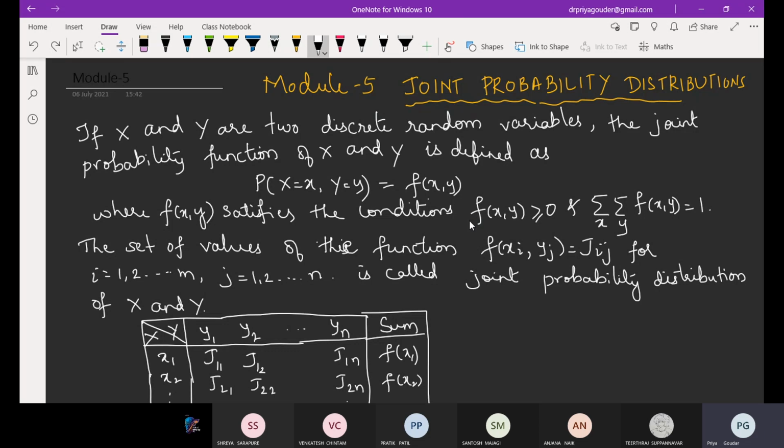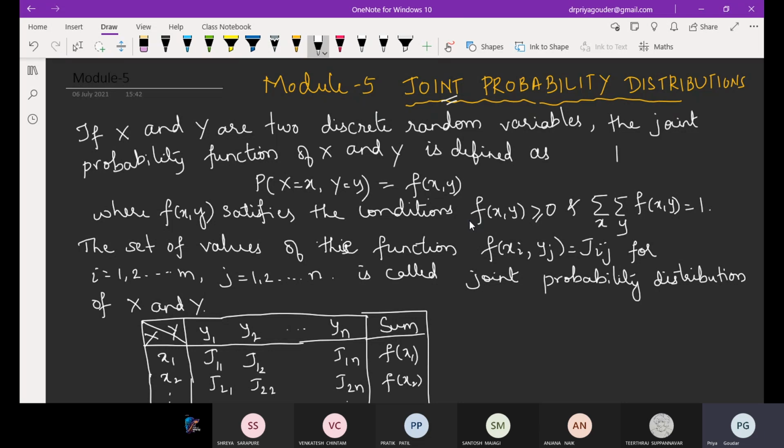Joint probability means you have learned what is probability distribution, isn't it? You learned regarding discrete, continuous. If it is continuous and discrete, you know the different distributions like exponential, normal, Poisson, binomial. Like that, here we have to take the joint probability distribution. Joint probability means here it comes if you have two variables. If you take a probability function connected to two variables x and y, this is called as joint probability distribution, but it has to satisfy some conditions.